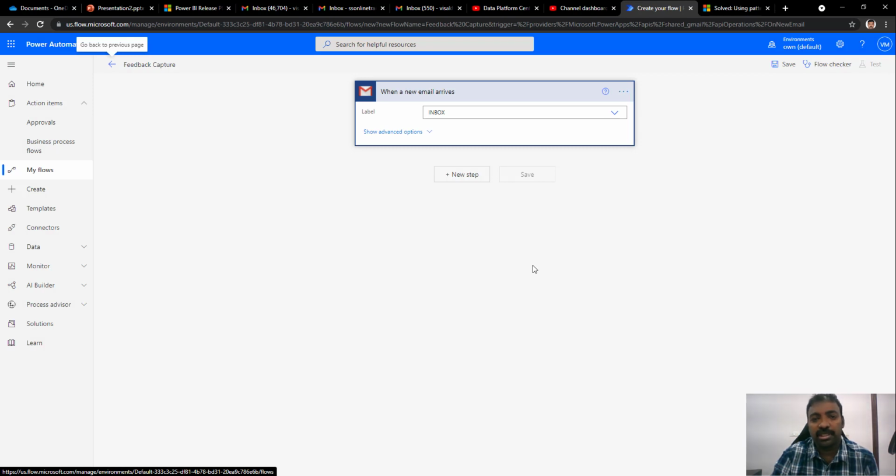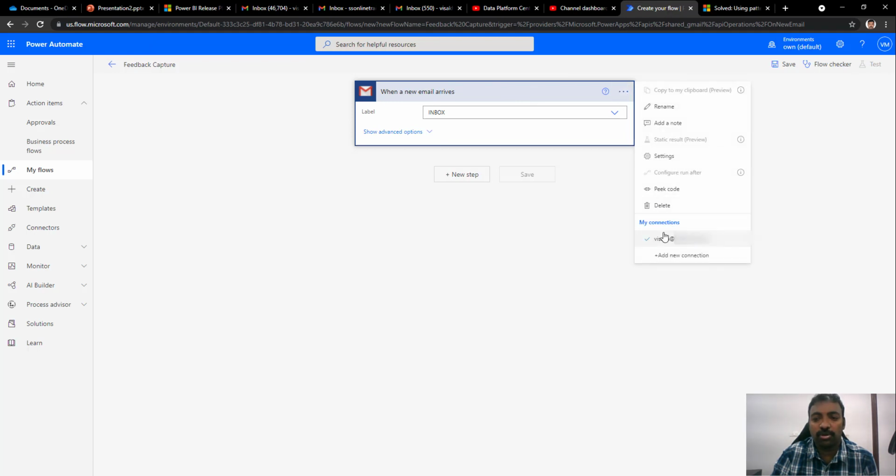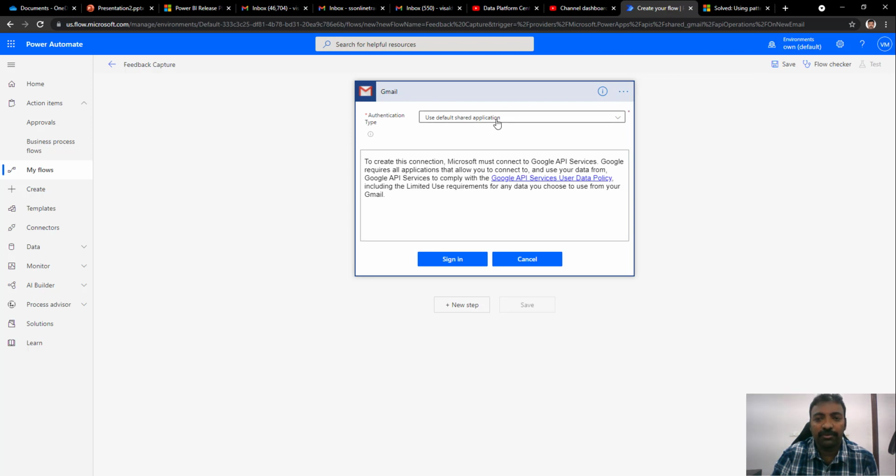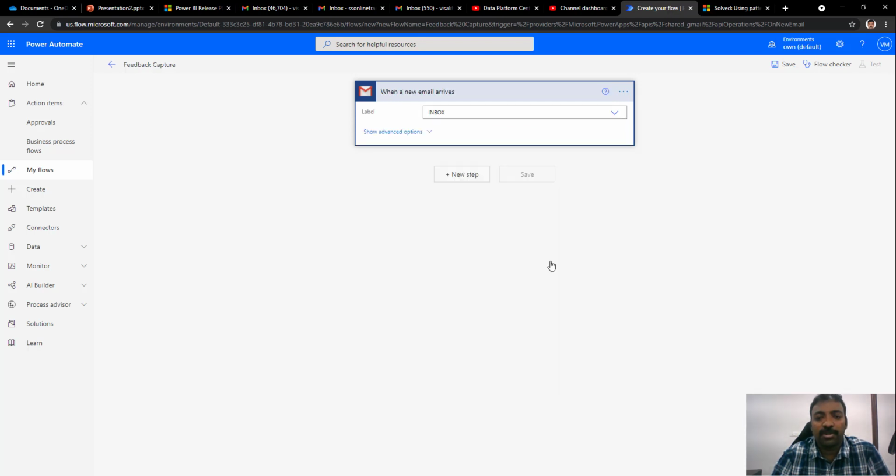Automatically the flow will get initialized with the Gmail task, and we have already set the connection to our corresponding mailbox. If it's the first time that you are doing it, you have to add a new connection, and here you can give the permission to the required Gmail. You can click on sign in. It will ask you to sign in, give your Gmail username and password, and you can connect to that. In this case, because we have already created the connection, we are just using the existing connection. One more thing to note here is that for corporate emails this works very well. For personal emails, that is the ones which start with @gmail.com, there are some restrictions. It's clearly documented, you can refer to that. In this case, I am using a corporate email.